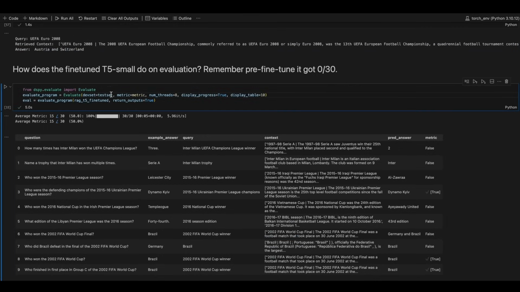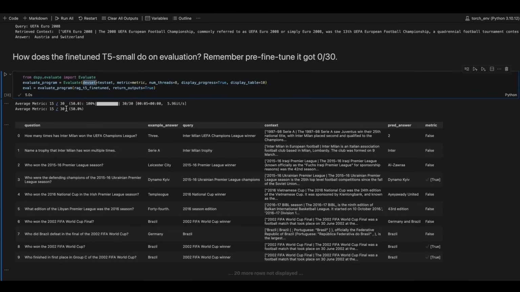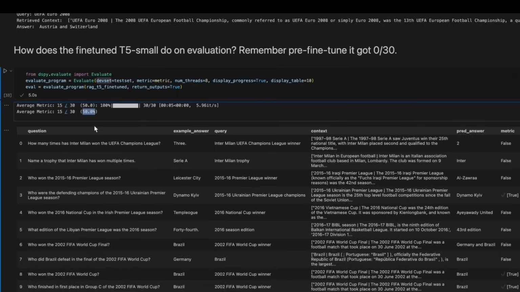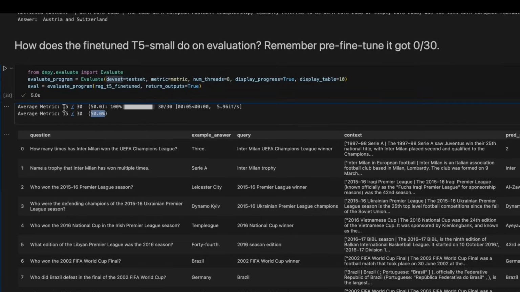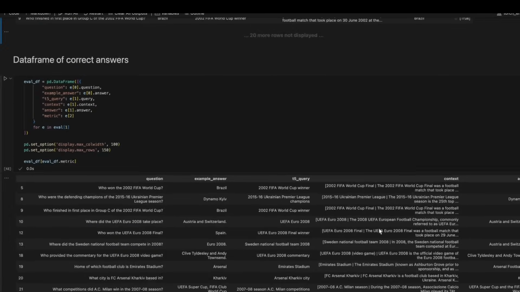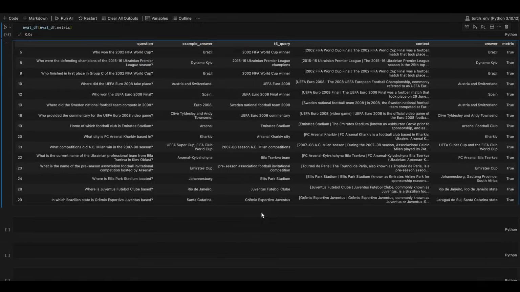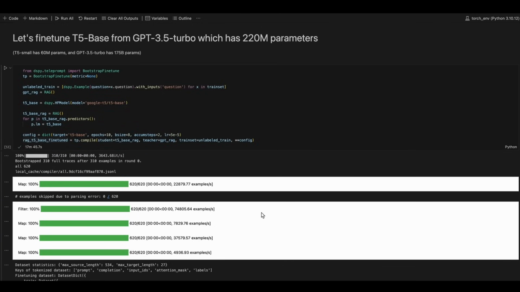In fact, if we ran our evaluation function on the new T5 fine-tuned model, the performance is actually pretty good. It gets 50% of the answers correct, scoring 15 out of 30. And that is much higher than the 0 it was doing earlier. And here are some of the correct answers that this T5 model was able to find, and that's quite encouraging. Now obviously the original GPT 3.5 Turbo model scored 83%, and we are still not there with just